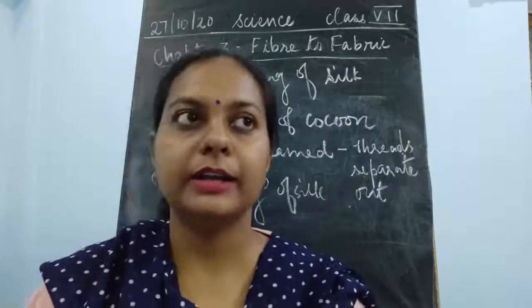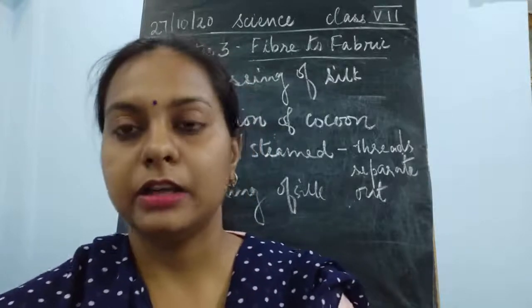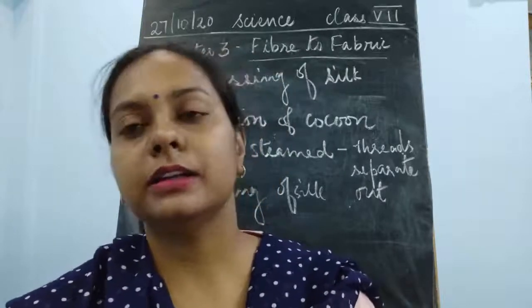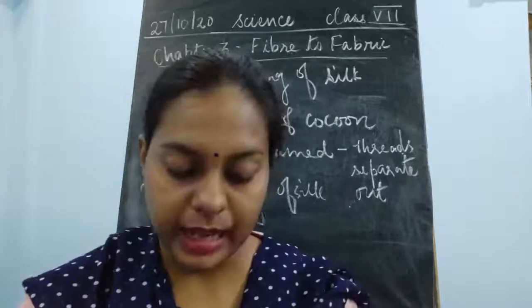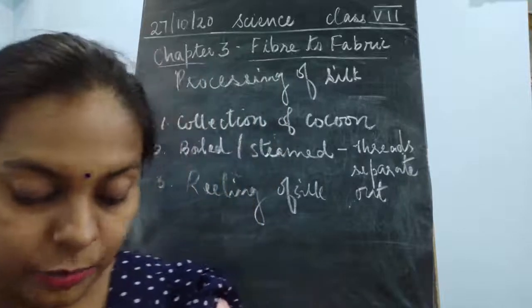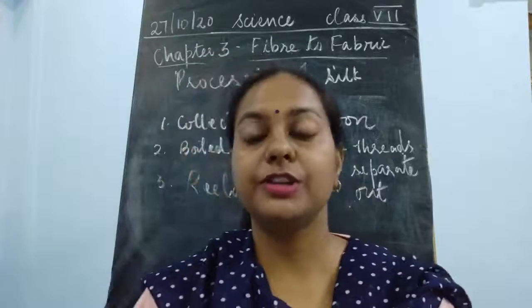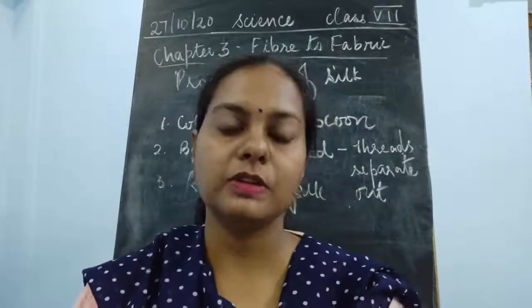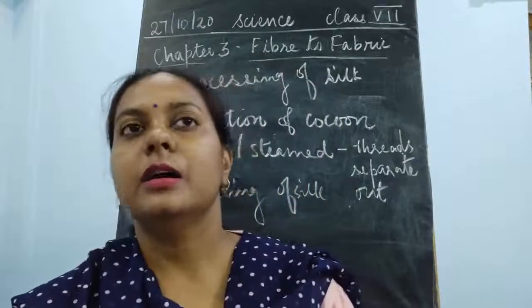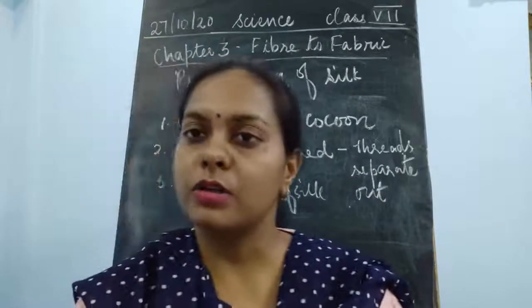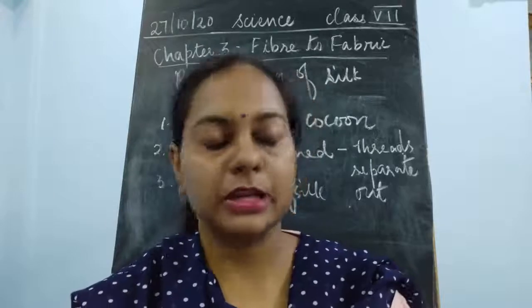Then the fabric is cut and different types of clothes are made. So children, this was about the explanation of the chapter regarding the wool and the silk. Both of them are animal fibers. Both of them are proteins. Hair is also a protein which is obtained from the sheep. Wool is obtained from the sheep because of the hair, which is a dead protein. Similarly, this cocoon is also made up of proteinaceous thread.